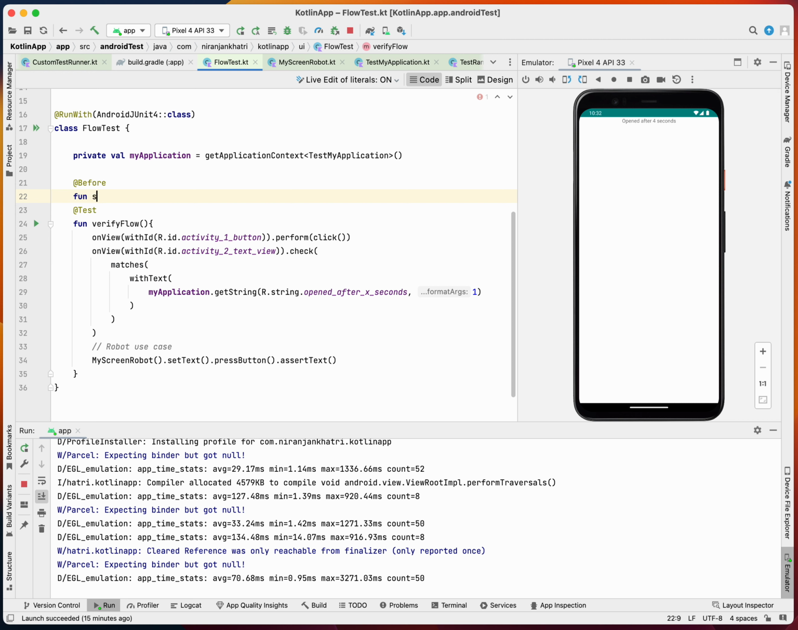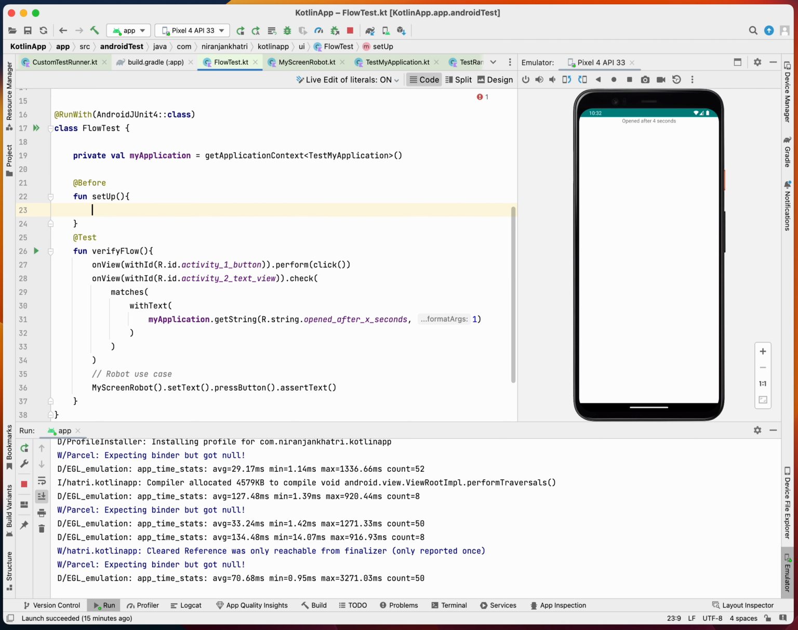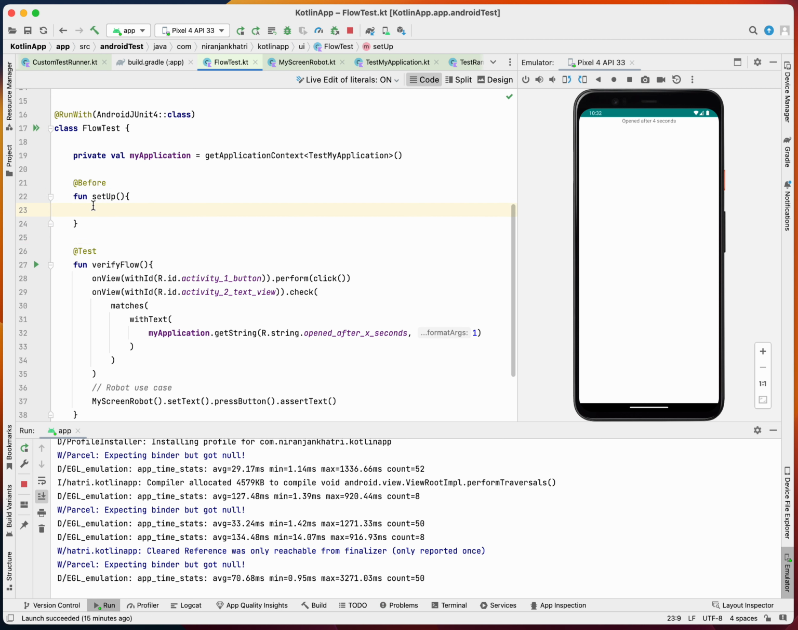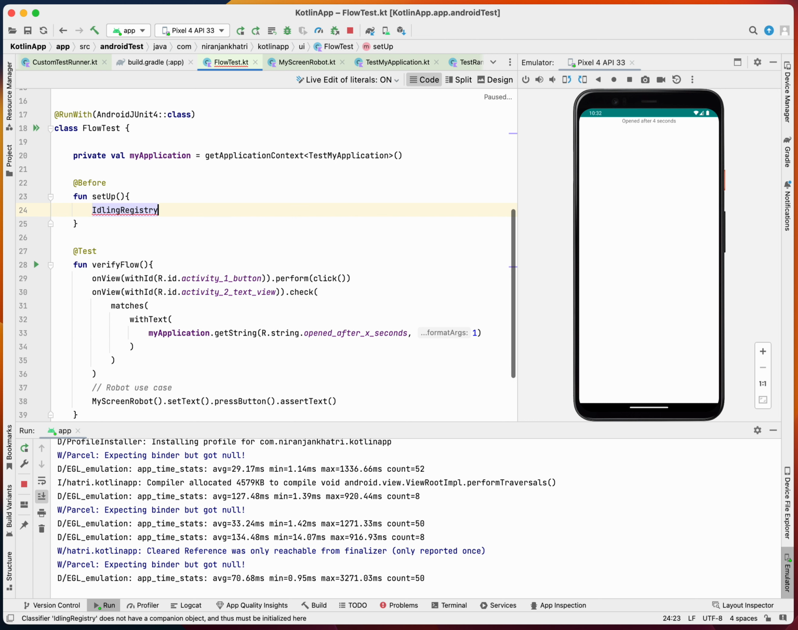Before running the test we need to do the setup, right? So, this is the setup, and the setup will be the registry. So you have IdlingRegistry.getInstance().register, and you have your application counting idling resources, and that's it. And now your scenario,